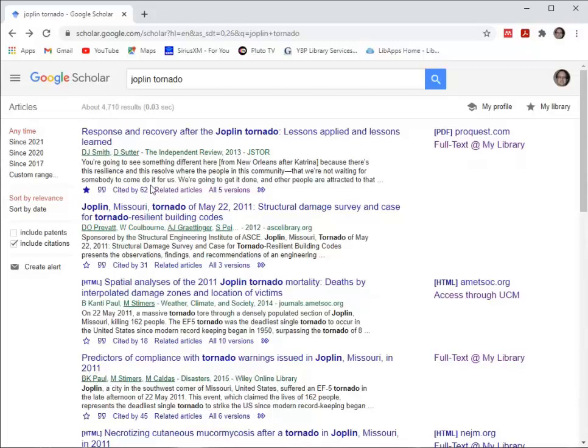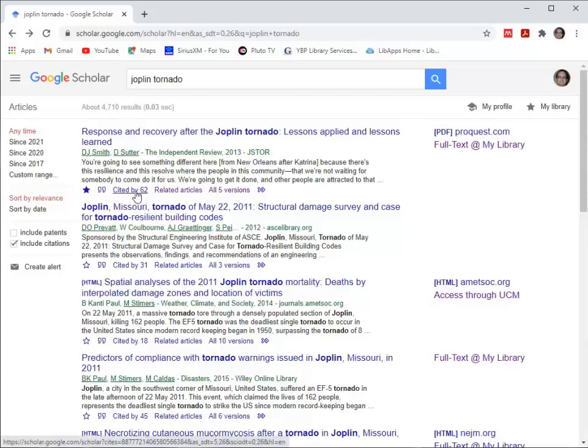But the last thing I want to talk about real quick is using the citations to find other articles. We can look at articles in the past from this one, say from 2013, or we can look at articles in the future. Looking at the articles in the future, at least from 2013, is the tricky part. That's pretty hard, although Google solves the problem for you, and it has a cited by feature, which is really nice,